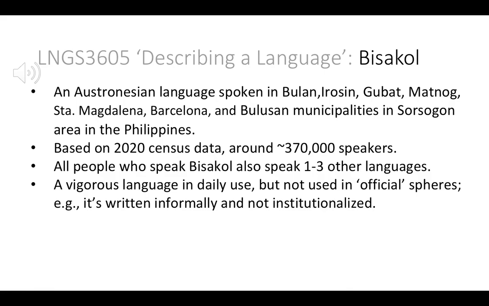One of the implications of not having this language in written form is there is no standard way of writing it, so spelling varies. That is why I appreciate this class, because it helped to at least document or archive our language. To date there is no attempt to do so that could preserve the language, because it is evolving. And the original Bisakol words or vocabularies are actually being less and less used among younger generations.